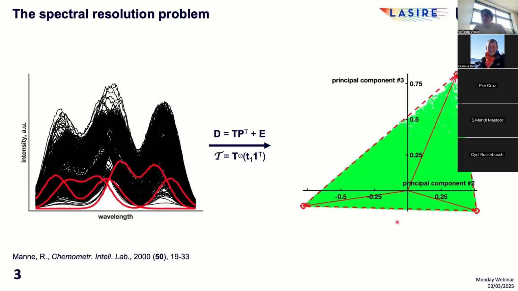Now, given this particular representation, it goes without saying that for any linear unmixing approach, it would only be needed to somehow identify the vertices of this triangular geometry to readily solve the resolution problem at hand. And I think that everybody agrees with me on this particular aspect. However, contrarily to what one may think, in unsupervised learning and statistics, the vertices of this triangular geometry constitute a specific case of what are also called